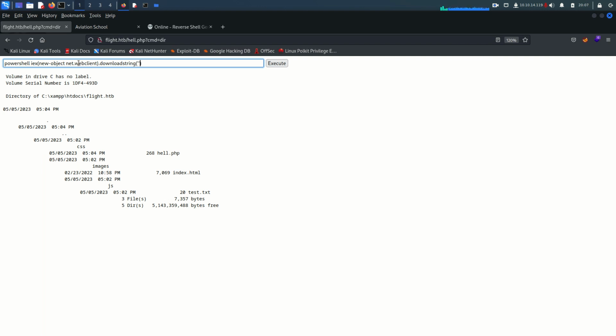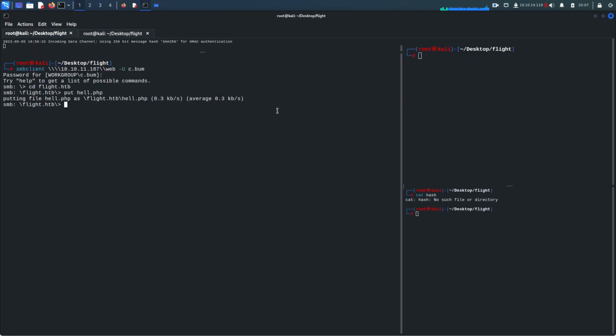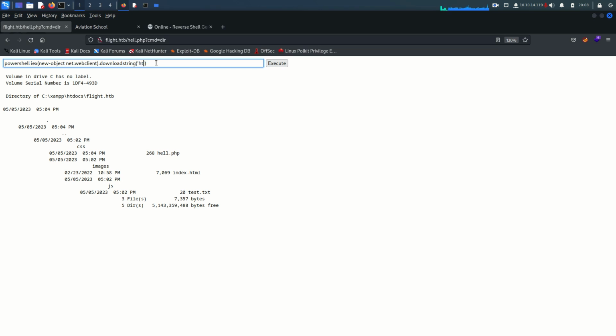Okay, and here, in the same directory, we also need to run python -m http.server on port 8080, hit enter, back here, so that we can upload the